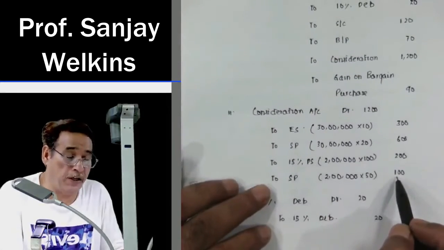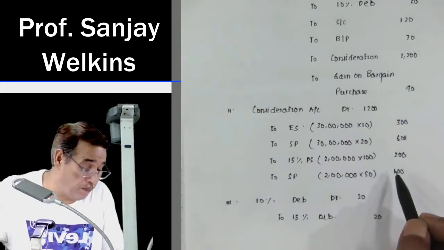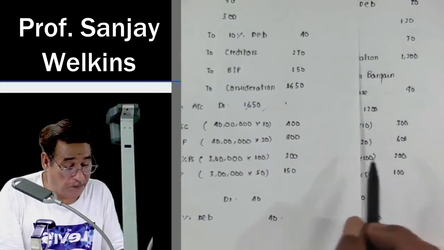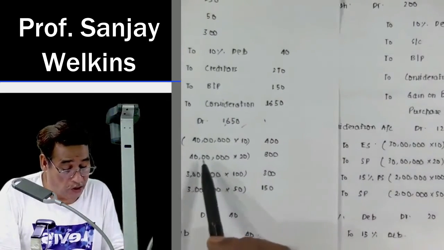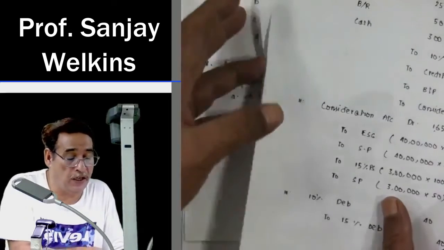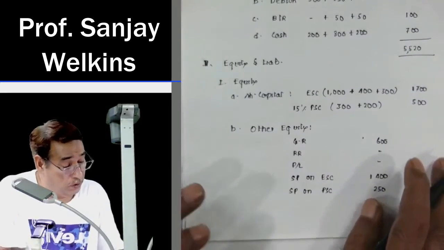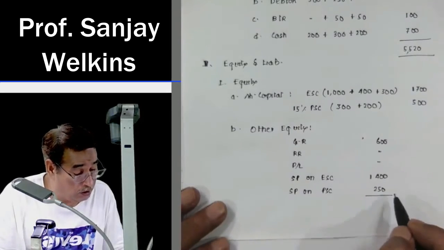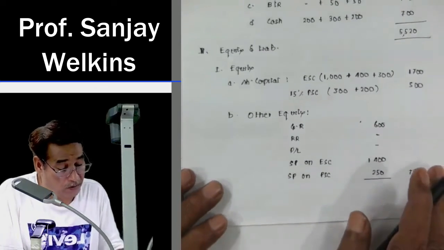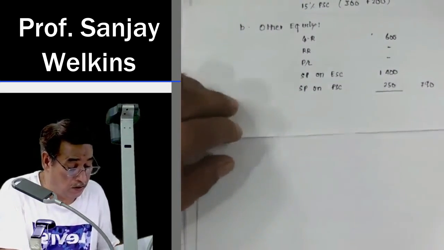Security premium 100 here it is 100, and here it is 150. So total premium I have written. Similarly, security premium 800 and 600, 1,400. So you can combine and write it over here itself. So now your other equity will be equal to 790. 790. And after this, you write